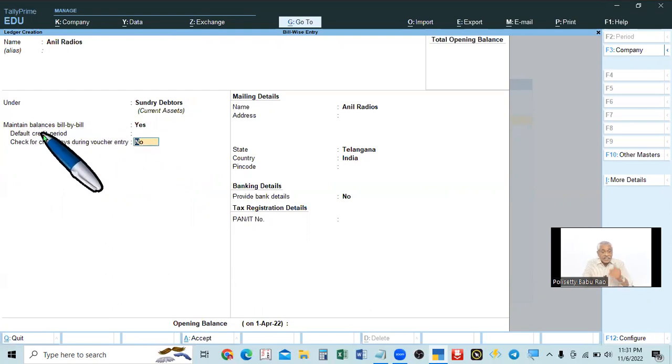And then in the case of our customers' debtors, we give them some period. I will give 15 days and check for credit days during the voucher entry. We make it yes. The meaning of "check for credit days during voucher entry" is, for example,